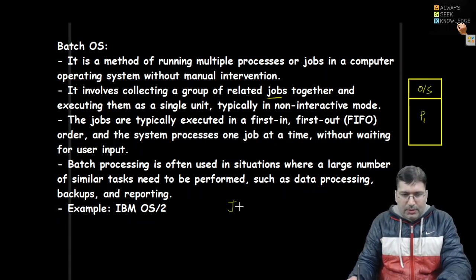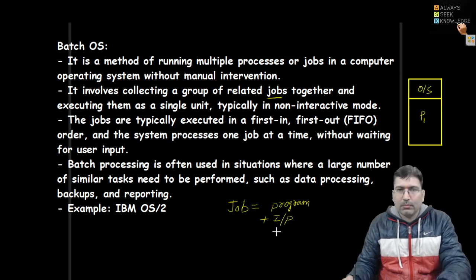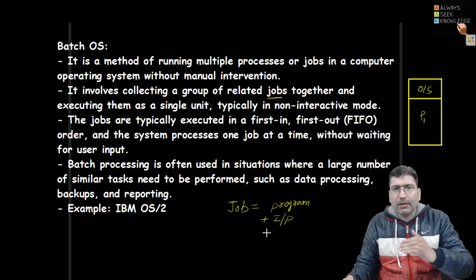So what is actually a job? A job is the combination of the instructions, which we consider as a program, plus the input which is expected to be given to the program when the program executes. So the input was also given in the beginning